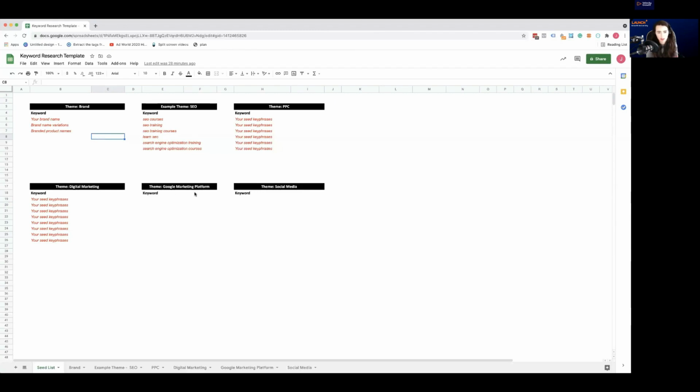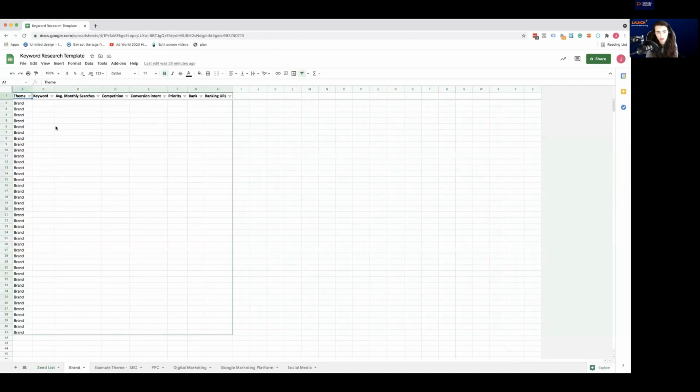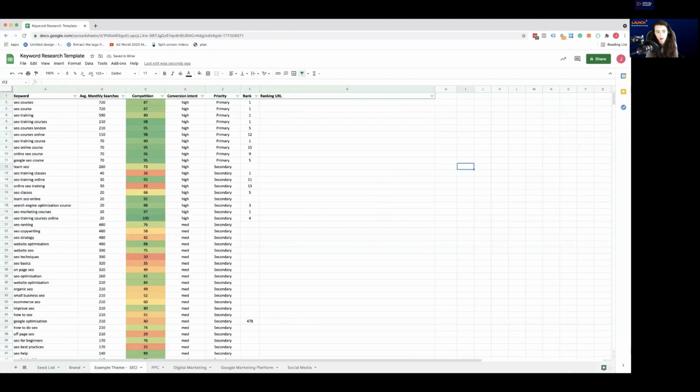That's just an extra tip here, but you can put out different types of your keywords, and then in these tabs along the bottom, you can look at those keywords in more detail, look at the average monthly searches from the tools I've shown you, look at the competition, conversion intent, the priority and rank. So the SEO one here with the keyword like SEO courses, average monthly searches, the competition, the conversion intent, the priority and the ranking, and all of that data is just sample data in here for you to take a look at so that you can get an idea of where you are